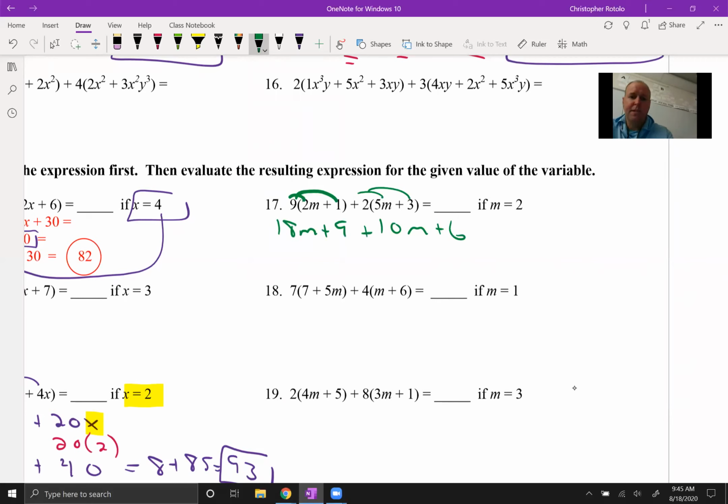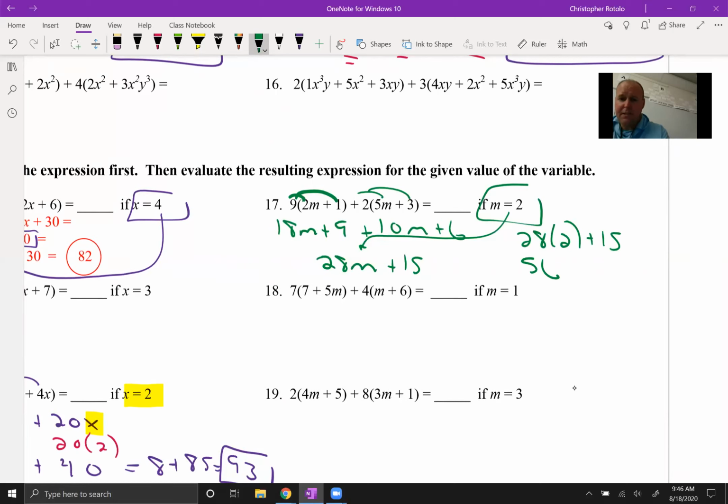I do want to put my like terms together. I want to model that it works either way. So I have 28m plus 15. M is 2 this time. So we're going to plug that in here. So I need 28 times 2 plus 15. Well, 28 doubled is going to be 56 plus 15. Okay, so